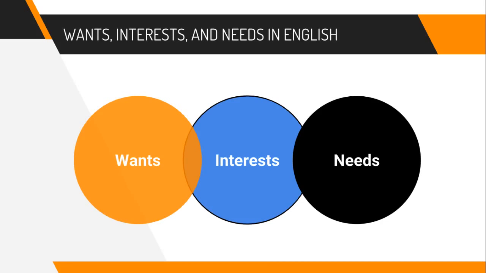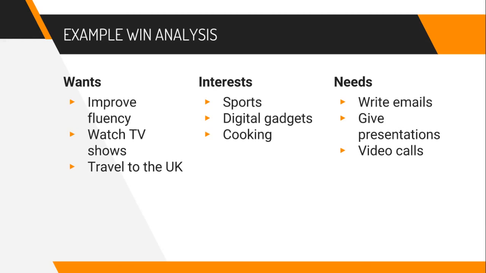Well, quite simply, in a WIN analysis, you need to ask your learner about certain things. You need to ask them about their wants, their interests, and their needs in English. Okay, very simple, isn't it? Wants, interests, and needs. So, for example, I could sit with my student and I could say, well, what do you want to do